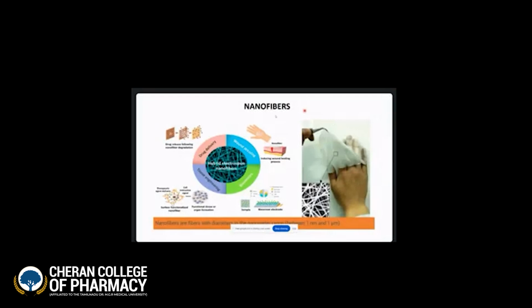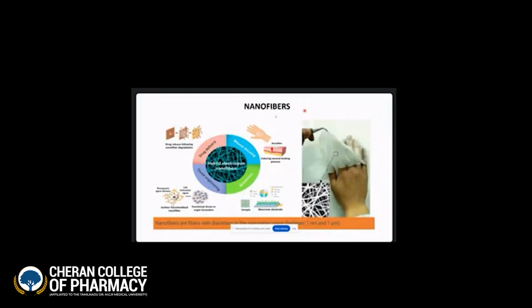And needle diameter. Whenever we increase the size of the needle, like when you use a 21 gauge or 20 gauge, you can get very small nano-sized nanofiber. But if you use a 14 gauge or 15 gauge, we cannot make nano size. So whenever you increase the gauge of the needle, we can get a very nano size range of